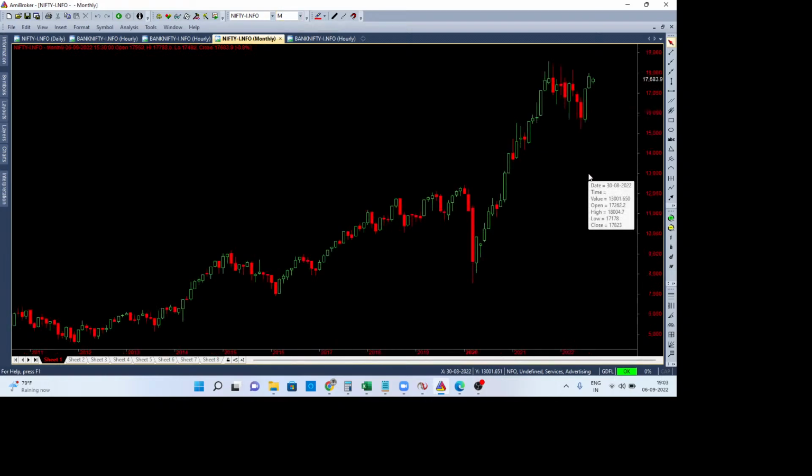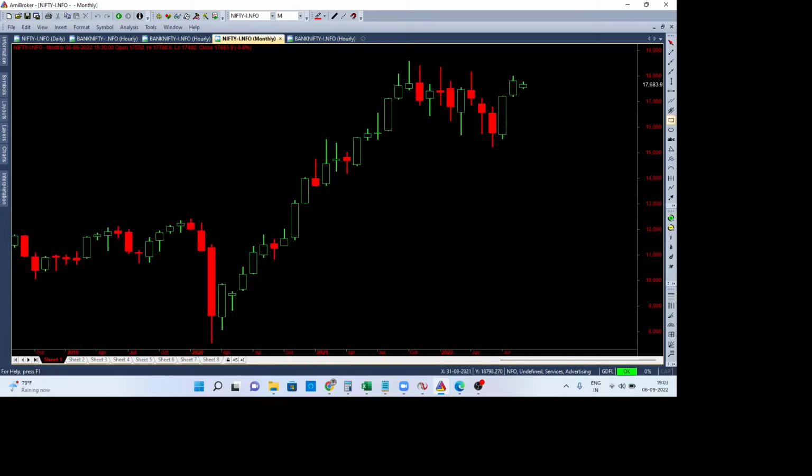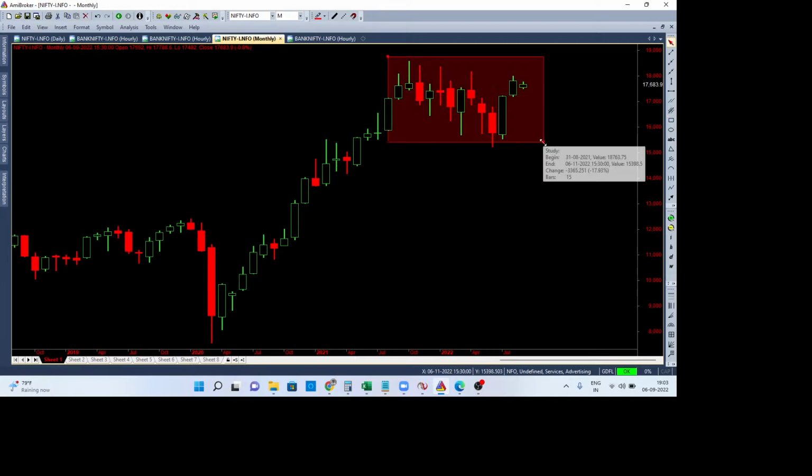Now, if I see the monthly time frame, you can see that the monthly itself is having a classical sideways market pattern. For approximately the last 2 years, Nifty has been maintaining sideways on the monthly time frame. Traditionally, if this kind of sideways market goes on for a longer period, more sideways can be anticipated. So I think the entire 2022 is likely to trade between 18,500 on the upper cap, and the lower cap is going to be 15,500.